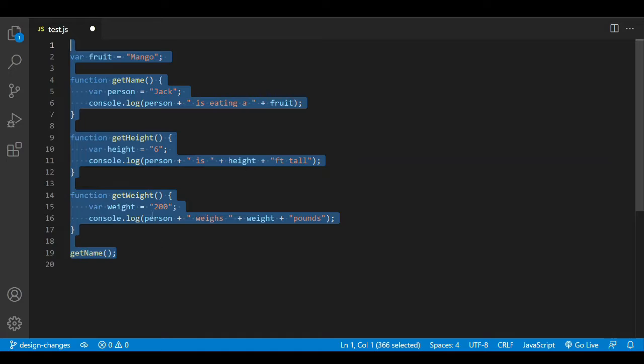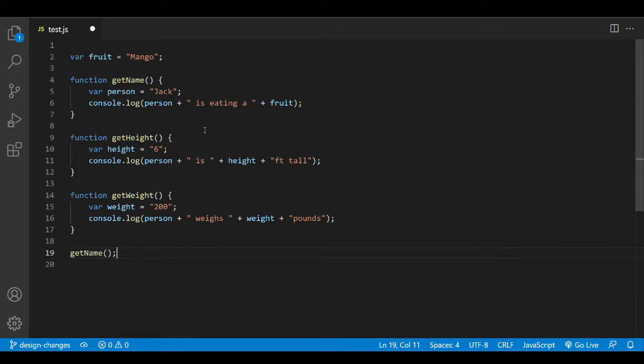Now, once the global context is created, it will look for function context if there are any. So in this case, we have a getName function invocation on line number 19. So when it hits line number 19, it will call the getName function, and with that it will create an execution context for that function.